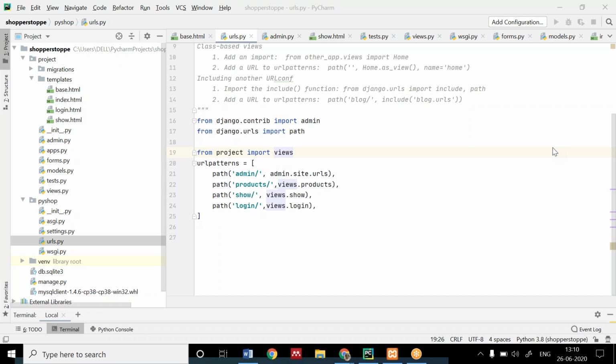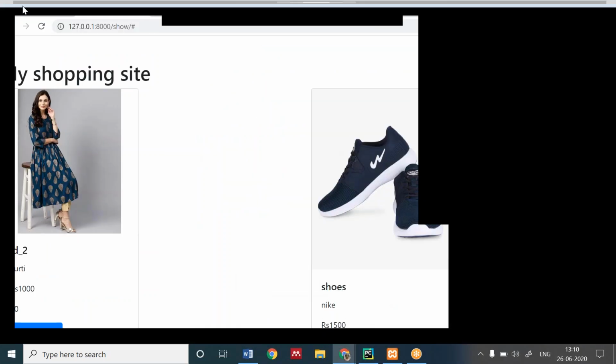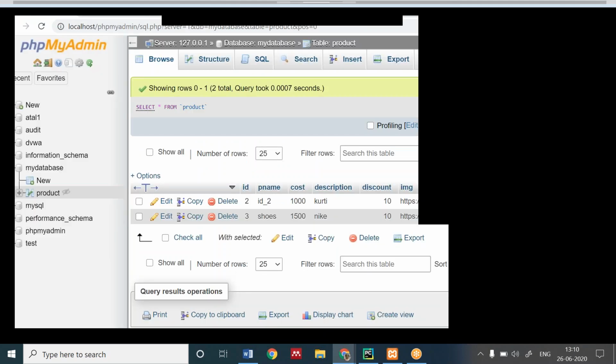You can see your table. Firstly, your table should not be empty. There should be something, otherwise you will not see anything. It is getting it from MySQL. I'm seeing this because I have saved it in my product table.